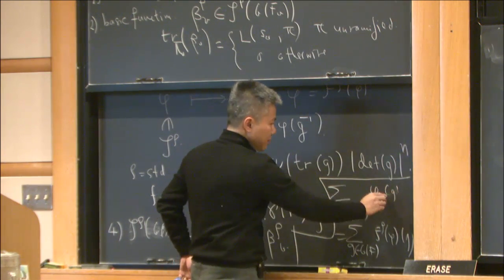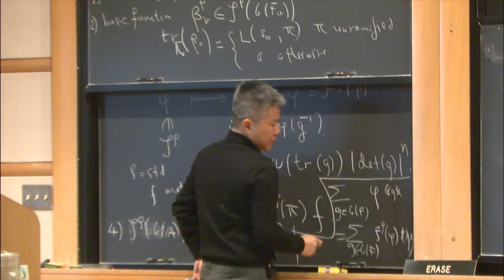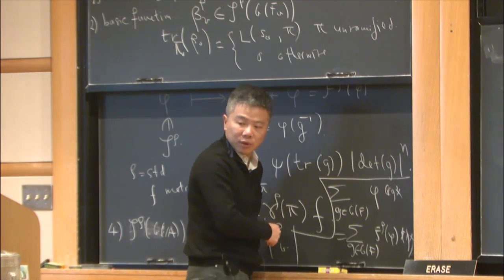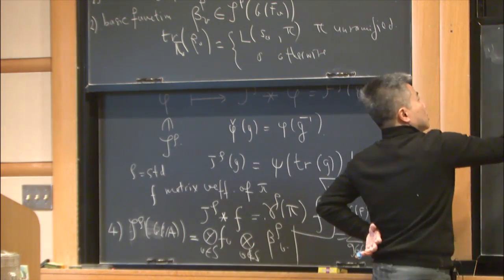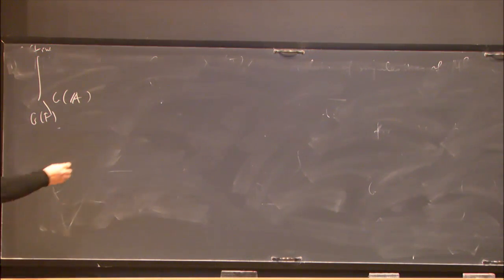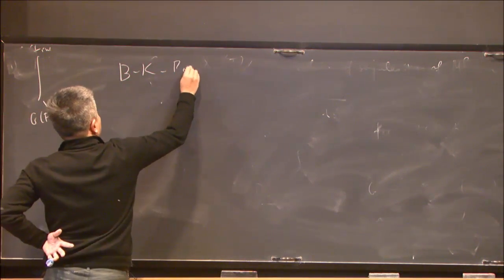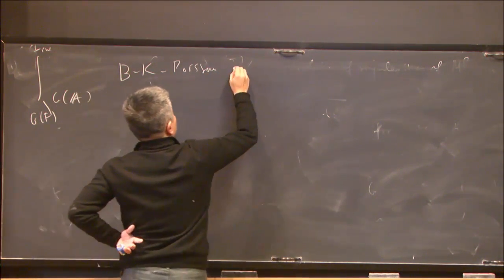If you put x^-1 g x here and here, and then integrate over the x variable, over G_A mod G_F, or whatever it is, of the Bachmann-Kazhdan Poisson conjectures,